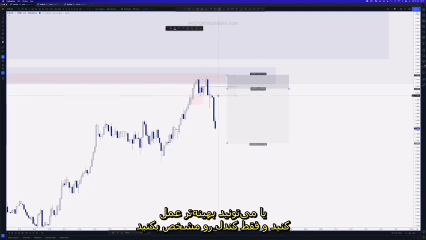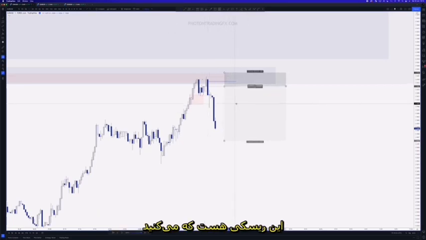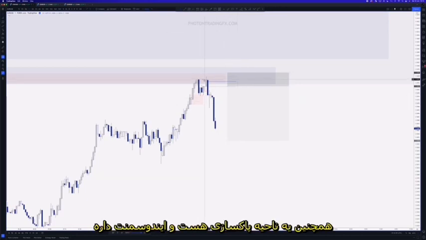Or you can be a little bit more refined, right, and you can just draw it from the candle like that and clean it up a bit, and that gives you a little bit more stop protection, but you might not get tagged in. Okay, there's just a risk you want to take. It's also a sweep zone, and it has inducement, right? This gives you